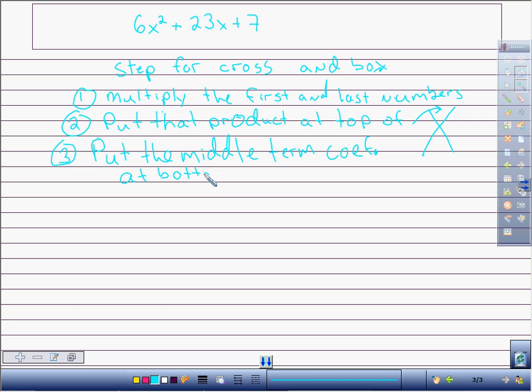That goes right there. Okay? And 4, you find the numbers